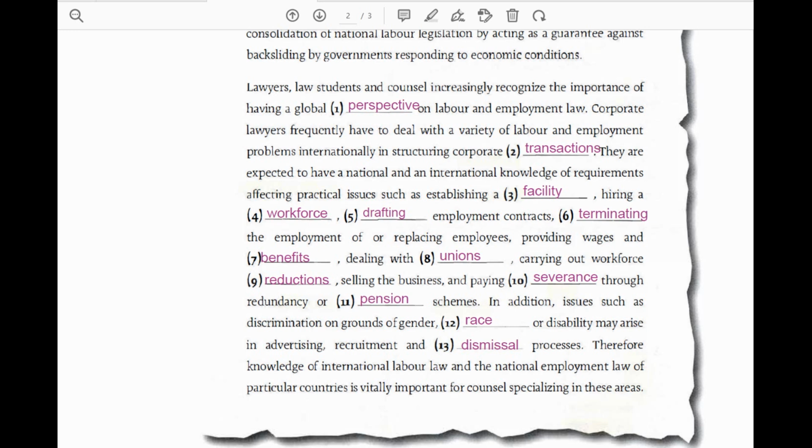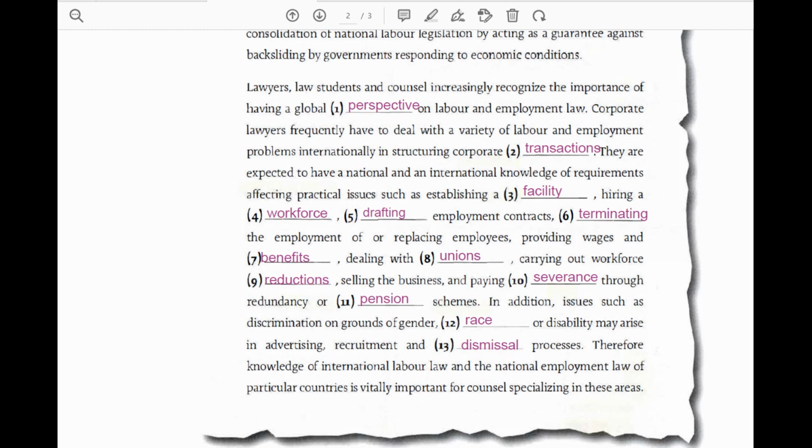They are expected to have a national and international knowledge of requirements affecting practical issues, such as establishing a facility, hiring a workforce, drafting employment contracts, terminating the employment of or replacing employees, providing wages and benefits, dealing with unions, carrying out workforce reductions, selling the business, and paying severance through redundancy or pension schemes. In addition, issues such as discrimination on grounds of gender, race, or disability may arise in advertising, recruitment, and dismissal processes. Therefore, knowledge of international labor law and the national employment law of particular countries is vitally important for counsel